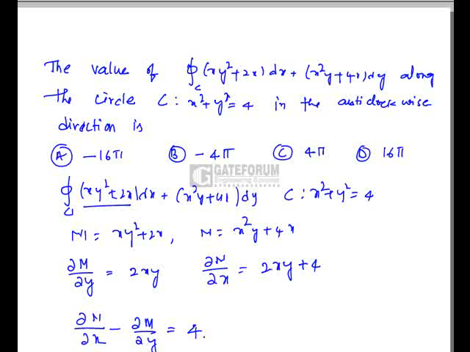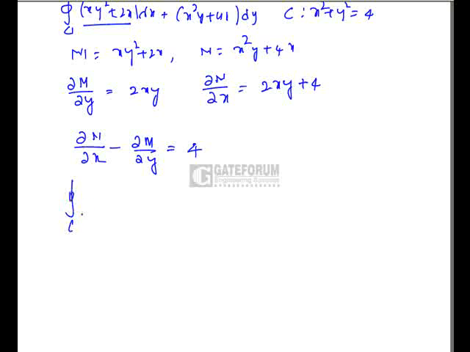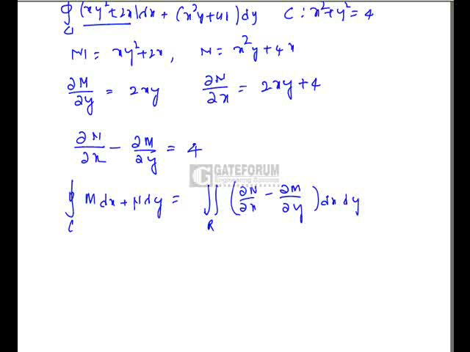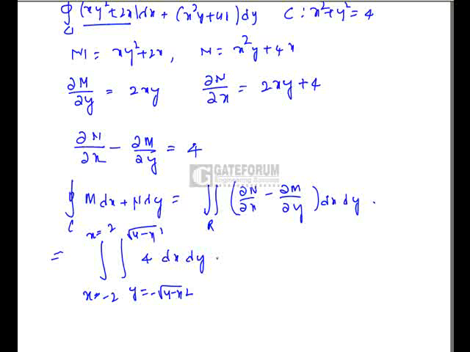Now let us use Green's theorem to solve this problem. So what does Green's theorem say? Integral over C of M dx plus N dy can be written as the double integral over the region of dou N by dou x minus dou M by dou y into dx dy. The values of x will be minus 2 to plus 2, and the value of y will be minus root over 4 minus x square to root over 4 minus x square, into 4 dx dy. And clearly the function is even,